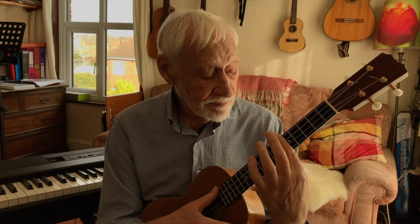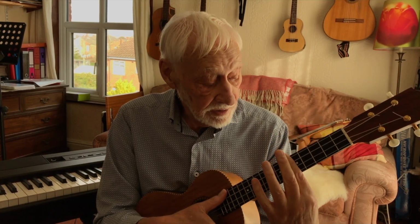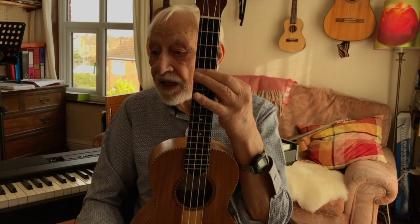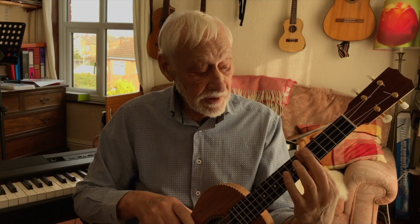And I also try and play slightly on the side of the finger here. I don't know if you can see the marks there. You probably can't. Rather than on the fleshy part in the middle, because you lose the strings in the fleshy part. So twist it slightly to the bony part there. You'll notice my thumb is halfway round, but slightly above. The reason for that is because if you've got your thumb